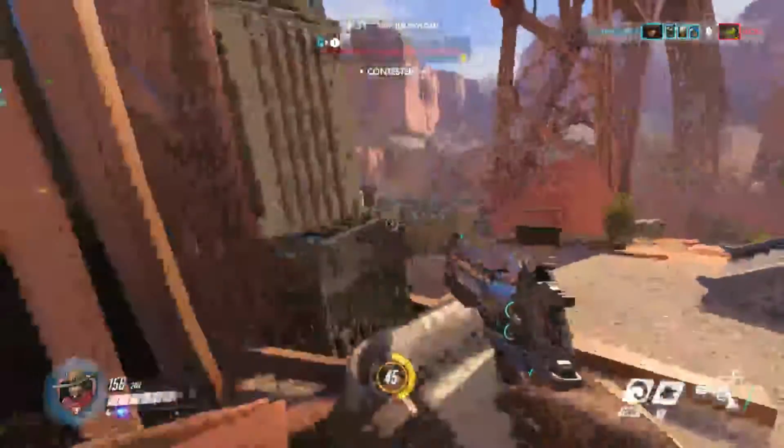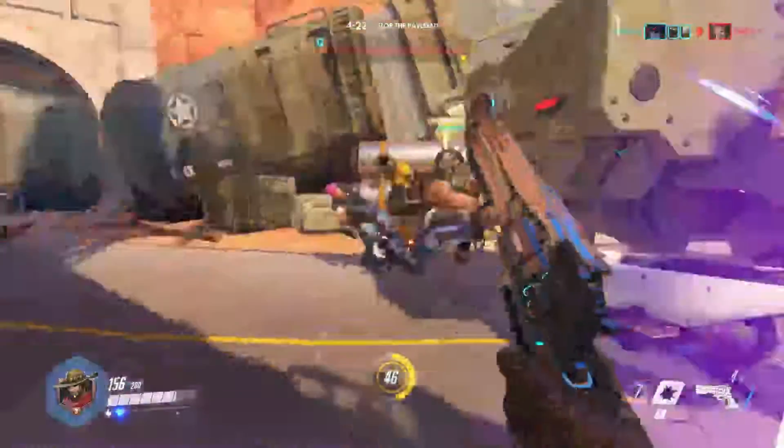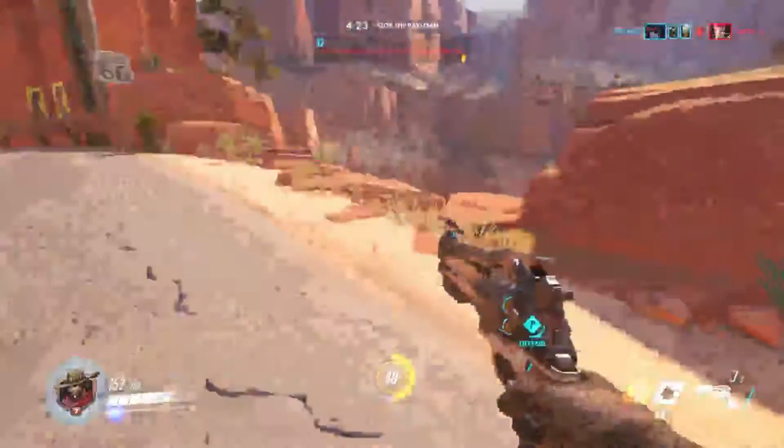One of the cool things about his combat roll is it will reload your gun instantly. So if you're out of bullets, you can just use your tumble and you get the full